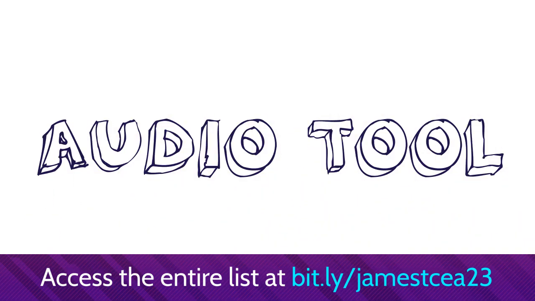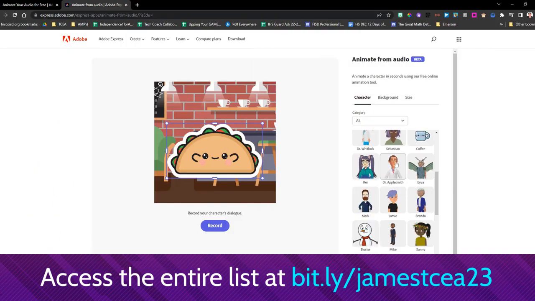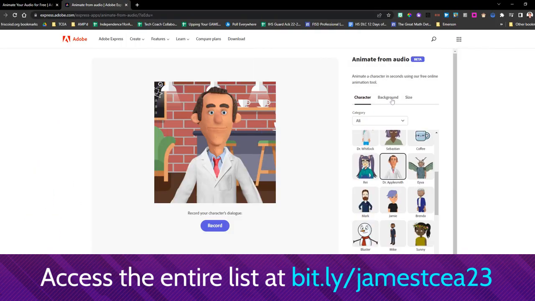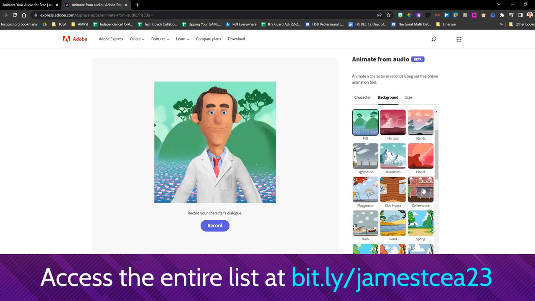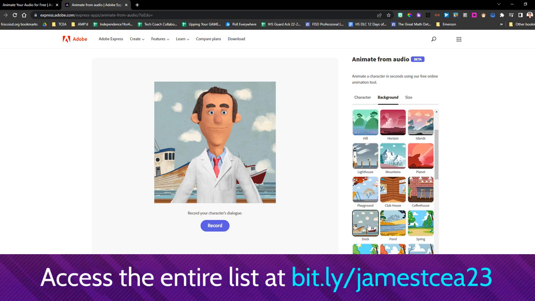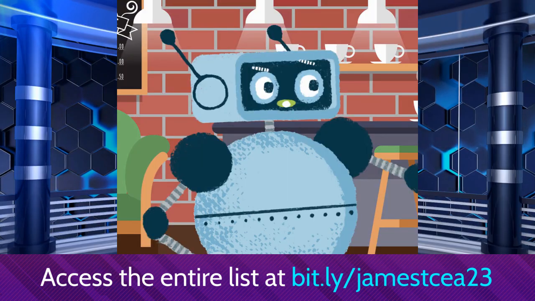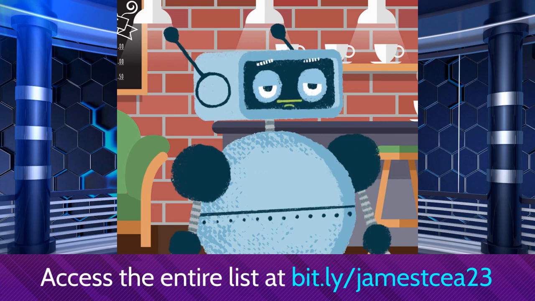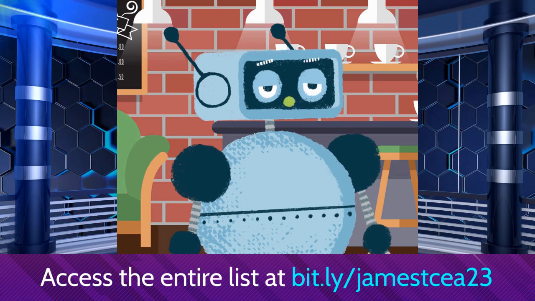Eighth on the list is the Animate from Audio tool. This free tool can be found in Adobe Express, which is also free. This tool allows you to choose from a variety of characters and backgrounds, then record your character's dialogue. The tool matches the character's mouth movements, gestures, eye movements, and facial expressions to your recorded dialogue for a fun